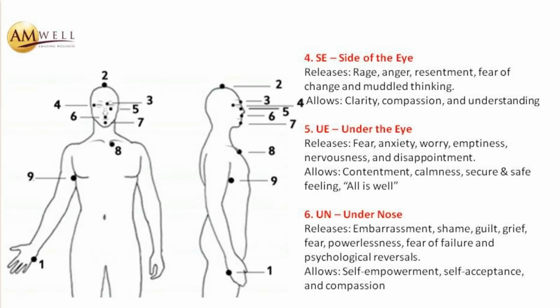Number 5 is under your eye, and of course when you're using the M1, please be careful because it's a piece of steel and you don't want to hurt yourself. So tap lightly. The idea of tapping is just to activate the energy center at that particular point so that it releases. It's the same form as acupuncture, but in this case you are tapping rather than applying pressure for a couple of seconds and releasing it. So you are tapping on a regular basis.